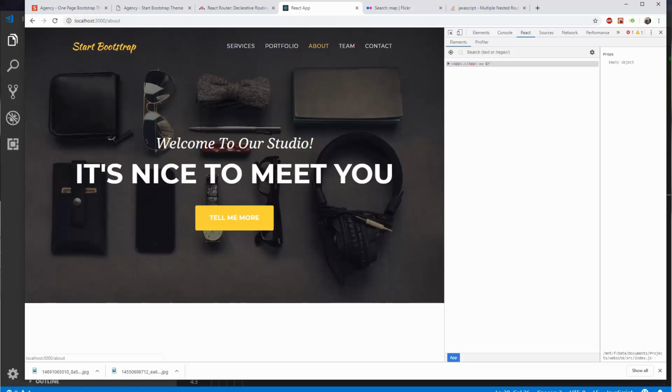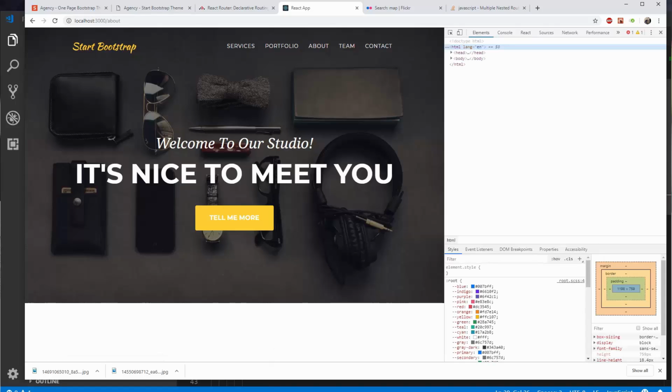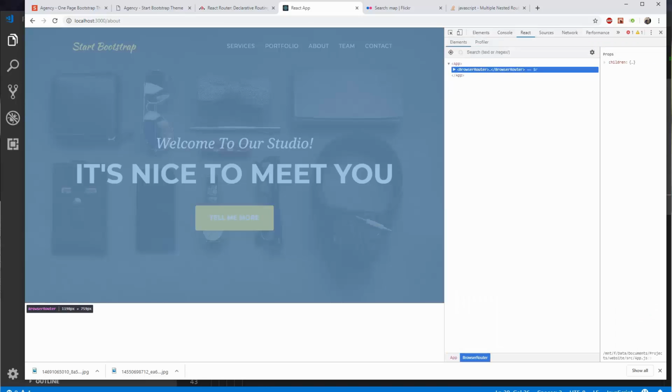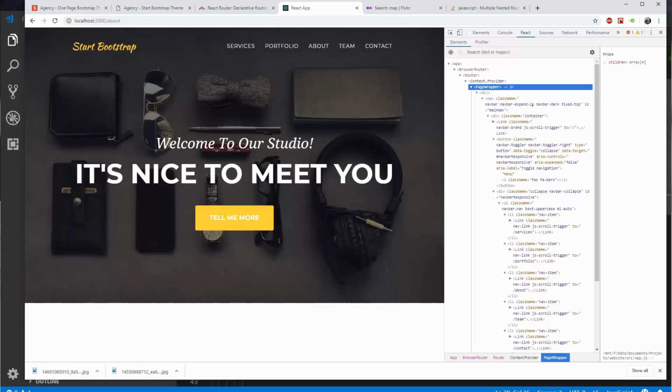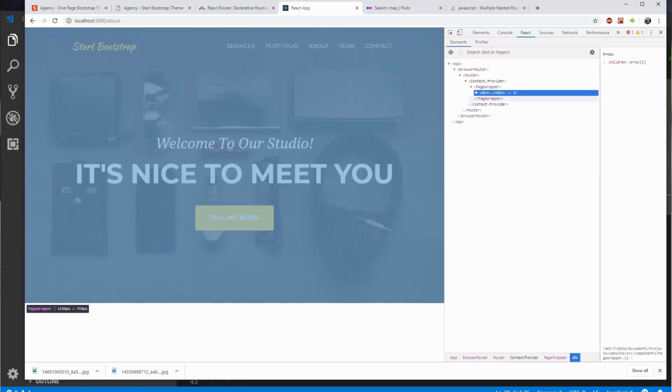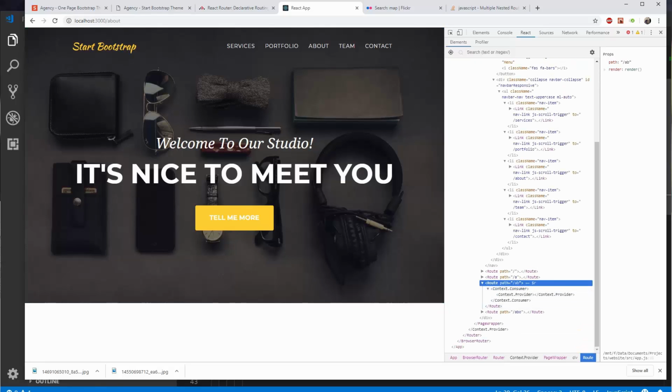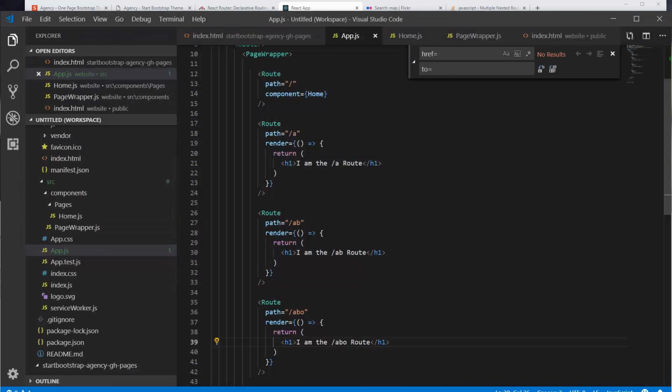we should, and we are not. We should, let me go into the React source here. Under page wrapper, route. Okay, so the routes are appearing, but they are not rendering content. Let me just make sure I've got this correct. Render